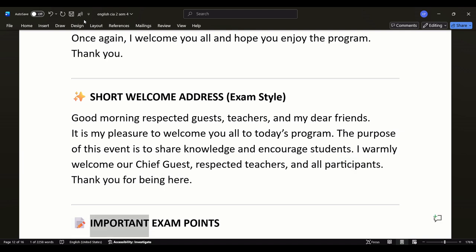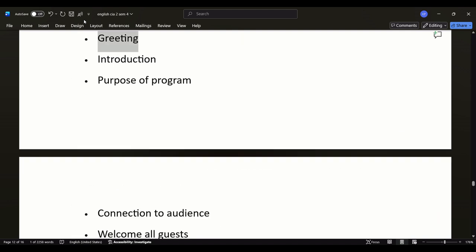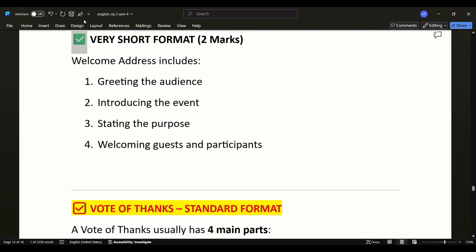Memo: important exam points. Greeting. Introduction. Purpose of program. Connection to audience. Welcome all guests. Very short format, 2 marks. Welcome address includes greeting the audience, introducing the event, stating the purpose, welcoming guests and